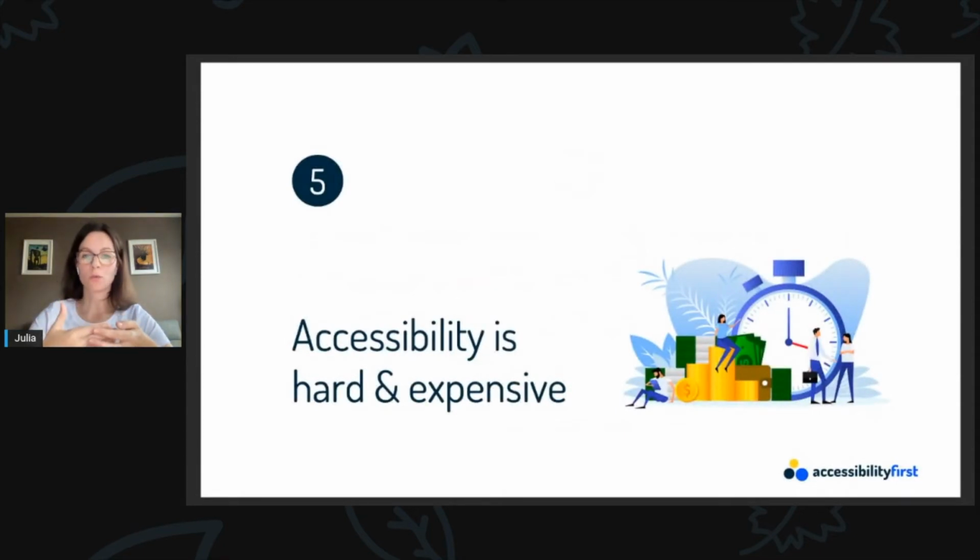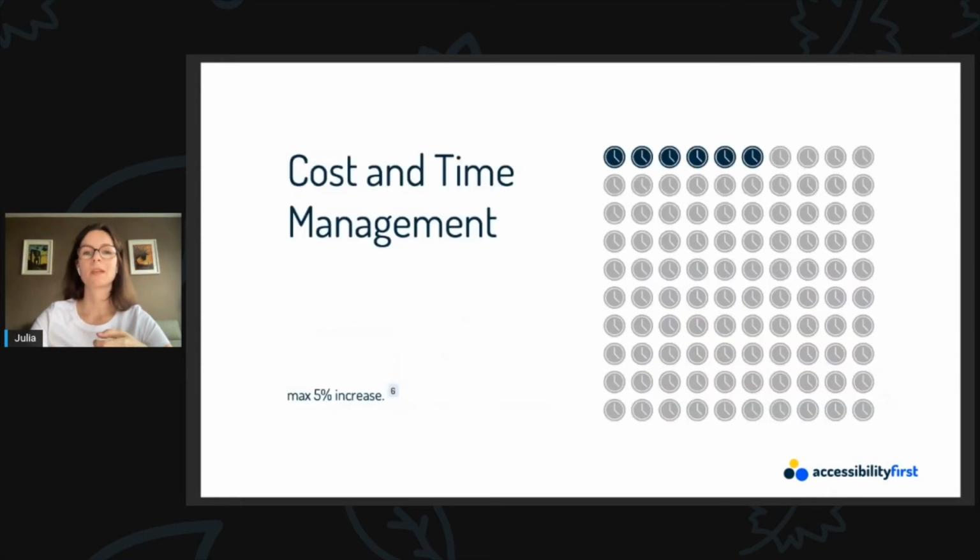Companies are often concerned about how much extra time and cost accessibility takes. And after talking about the entire development process in the previous myth, I understand why it seems like accessibility is difficult and expensive. But it all comes down to how accessibility is handled in the process. If accessibility is implemented properly from the beginning, as previously mentioned, the overall development process increases by 5% at most, which I think is perfectly acceptable.